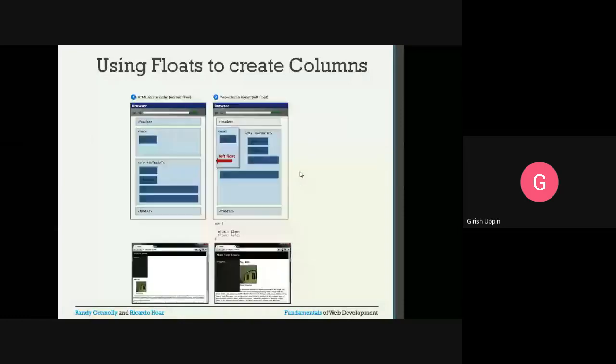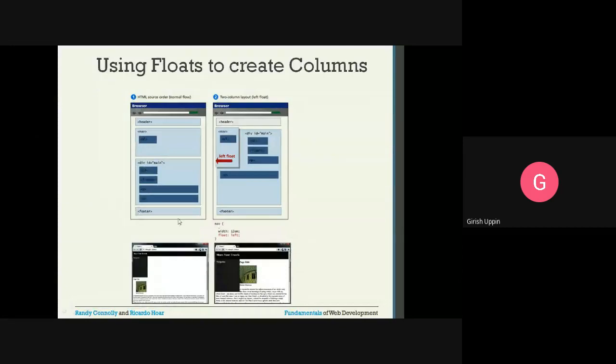One way of creating layouts, which we talked about when we talked about HTML tables, is to use an HTML table as a layout, and this is another way of doing it. Now you can see here, this is my regular HTML document where I have a header block, a navigation block, and inside I have an unordered list. Then I have a division block. Inside the division block, header, figure, and two paragraphs. And I have a footer.